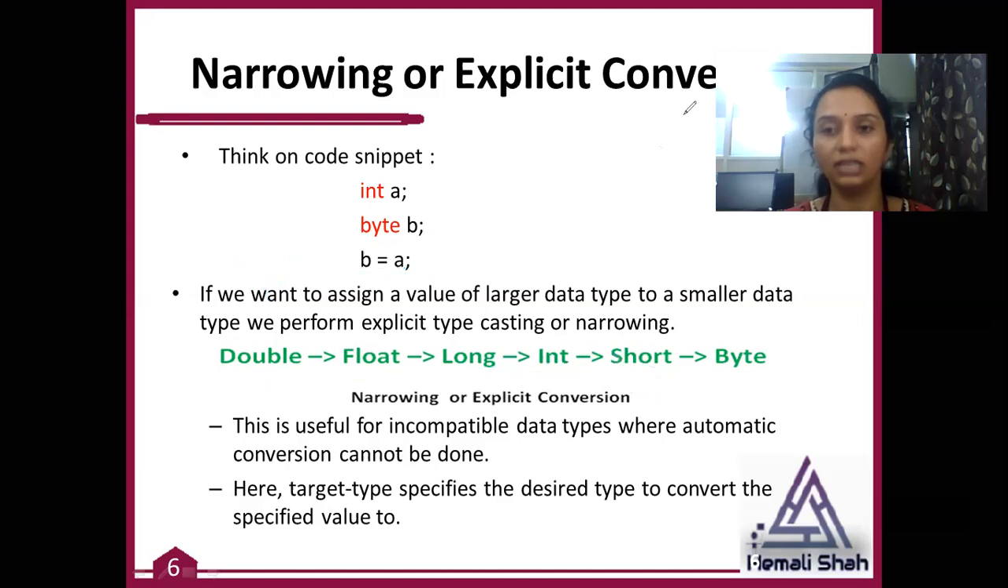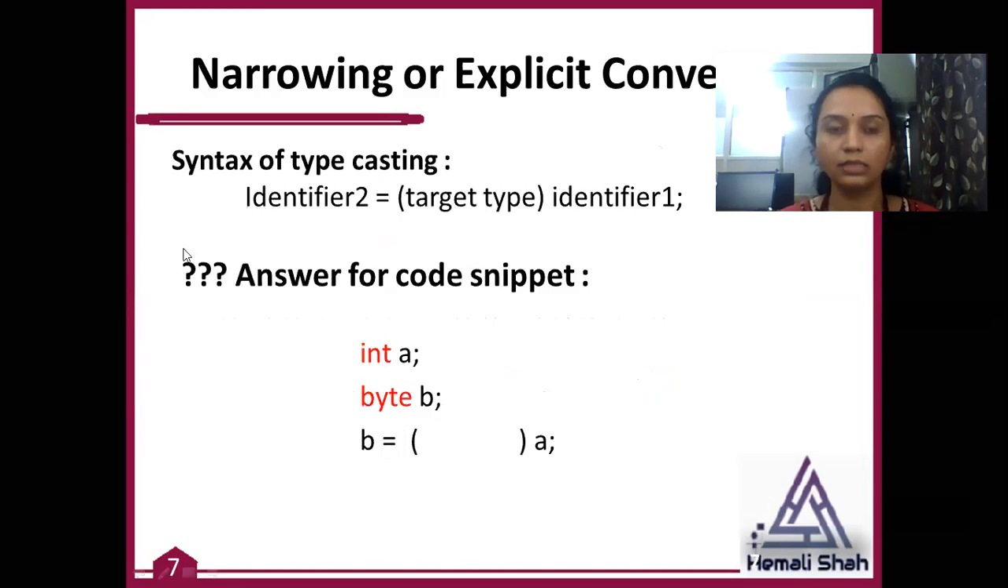your program. You need such a destination data type always in your code. At that time you should use this syntax. Now, the syntax of narrowing or explicit or user defined casting is identifier 2 equals to, that means here is a variable, destination variable